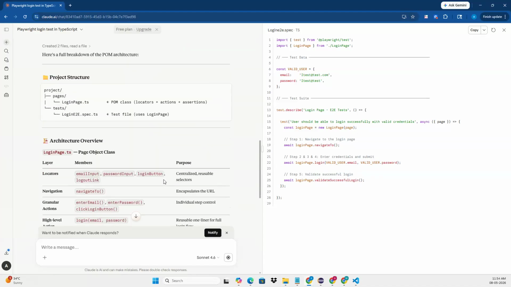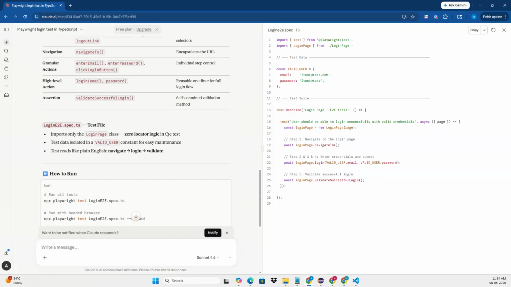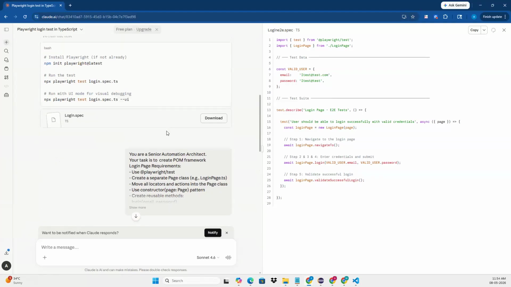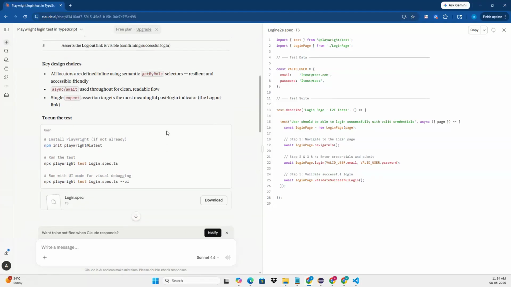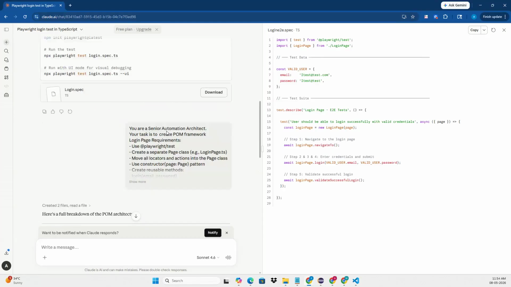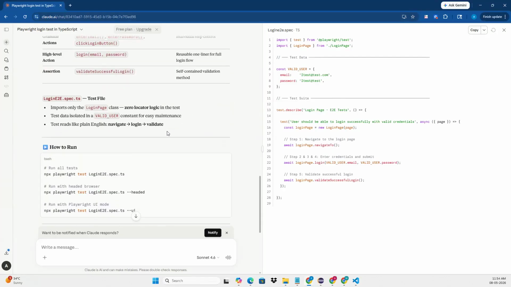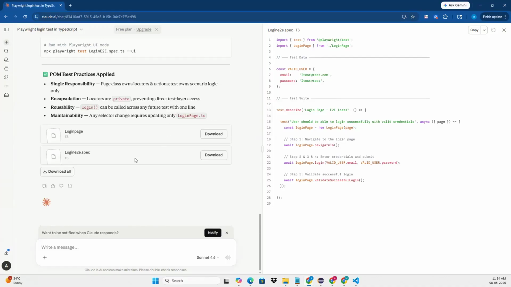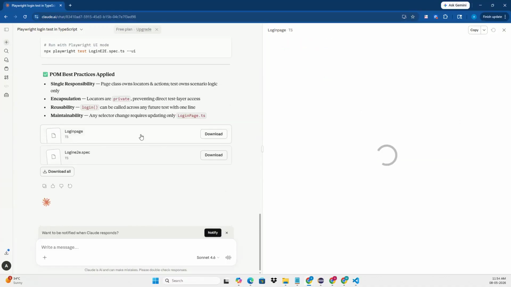Okay, so first I'll go to the file login page. I'm looking for that file. Yes, there you go. Okay, so first I'll open this file and we'll understand the code and then put it into playwright.